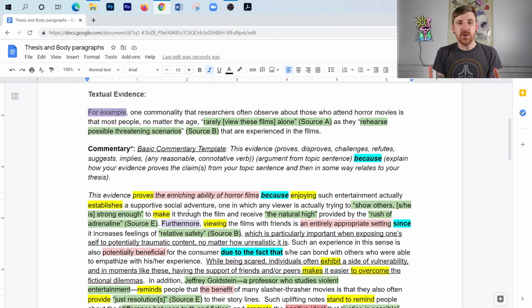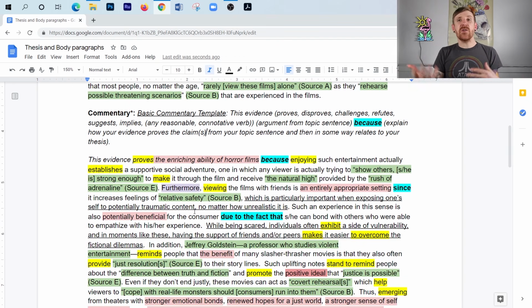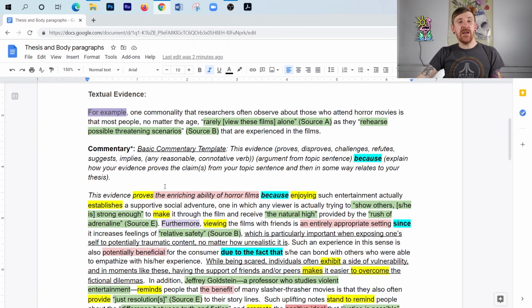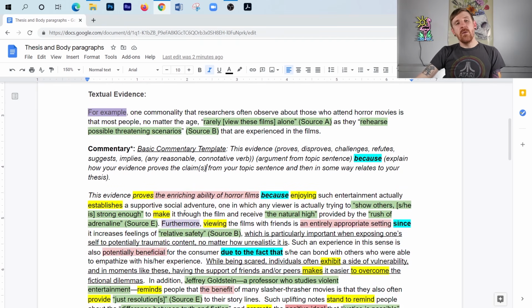So this is really looking nice here because I'm explaining how is this enriching? Because it puts you in a social setting that's supportive. That's a good thing. And then you can actually experience these kind of natural highs from the rush of the adrenaline, and you get to do it with your friends. Super cool. So now look at what I do. As I say, it's an enriching, right, appropriate setting for individuals. Look at how I then connect it.